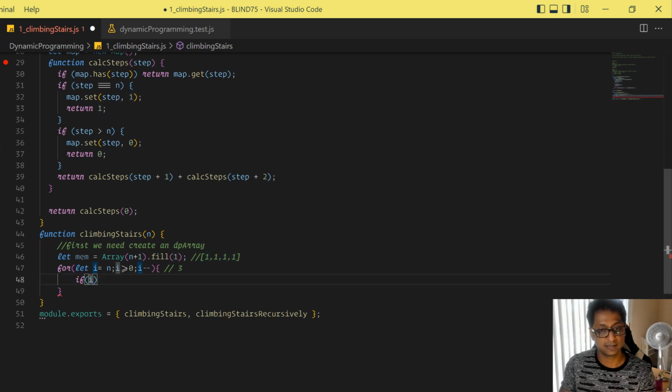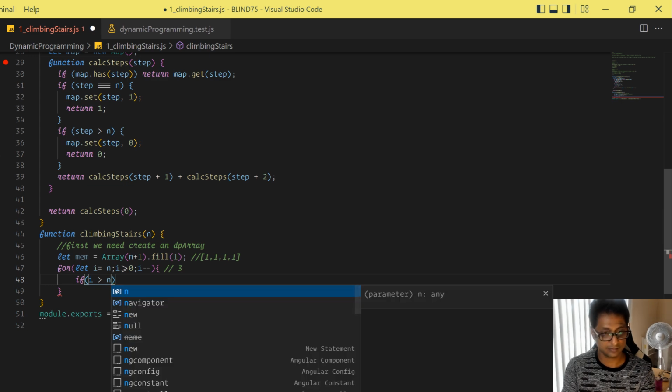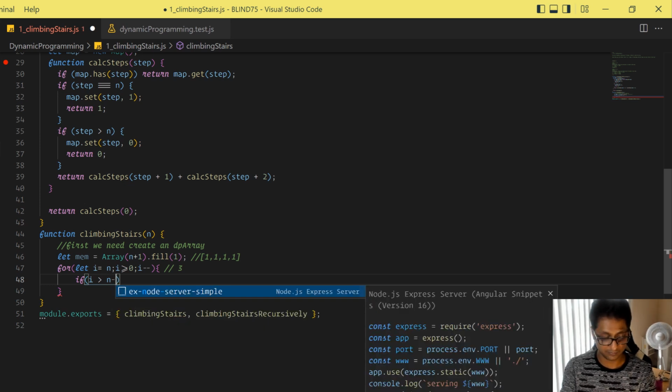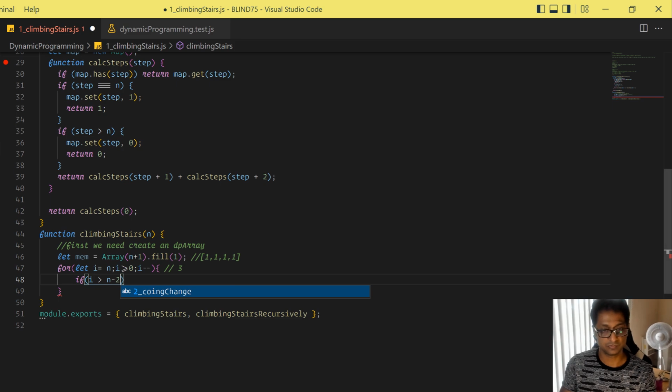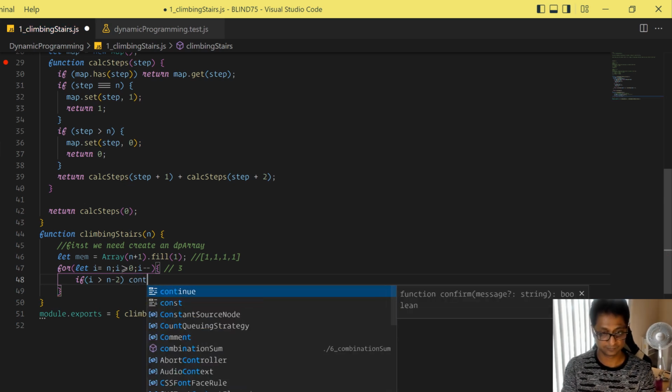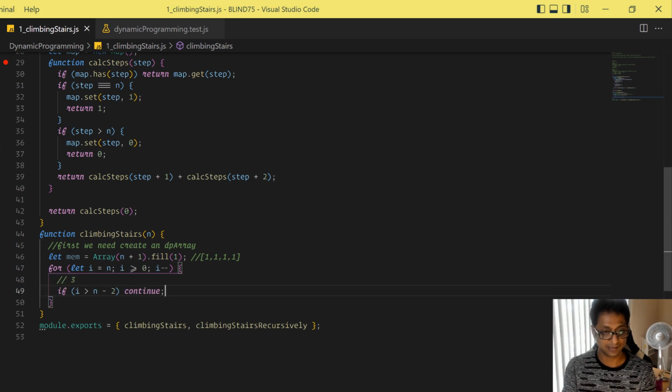So i is greater than n minus 2, right? n is 3, 3 minus 2 is the last one. We don't have to do anything, continue. Else